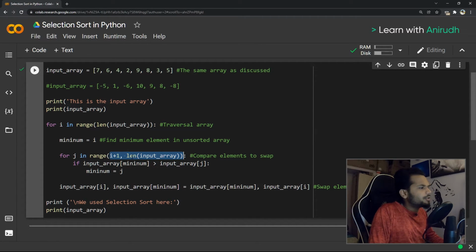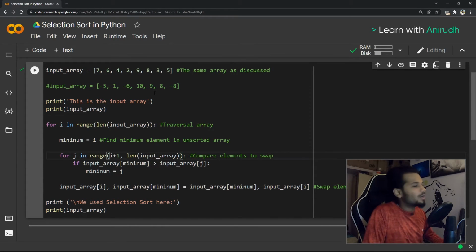So you might have a question right now. Hey, why do you have i plus 1 out here? The i plus 1 out here is very simple. If you remember, what did we do in step number 1? We found the most minimum element, we pulled it to the left, and we never touched it after that. So we just had to pick up an element after that one. If that element was in the ith position, what will be the next position? i plus 1. So it's very simple.